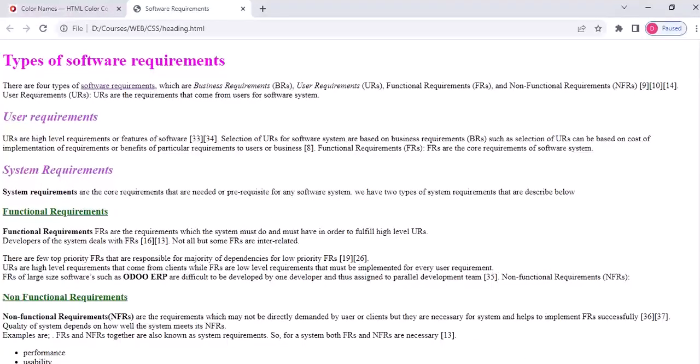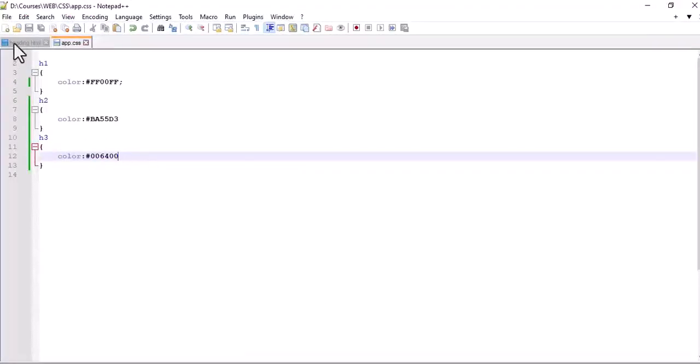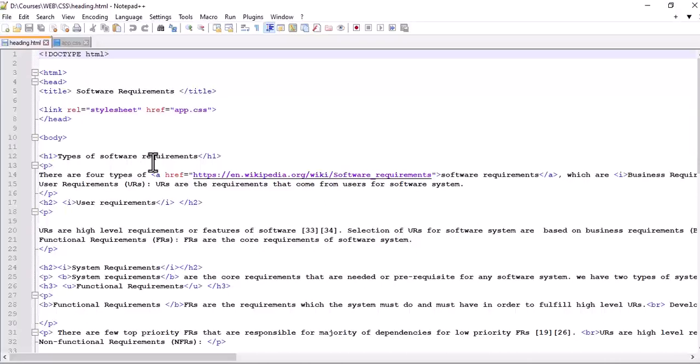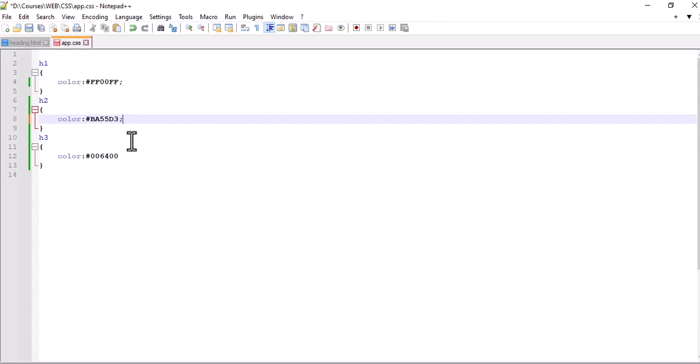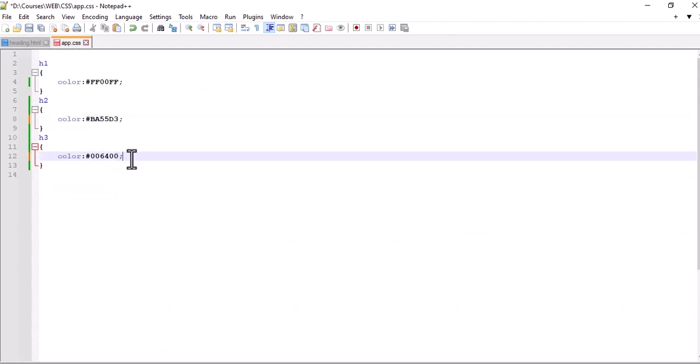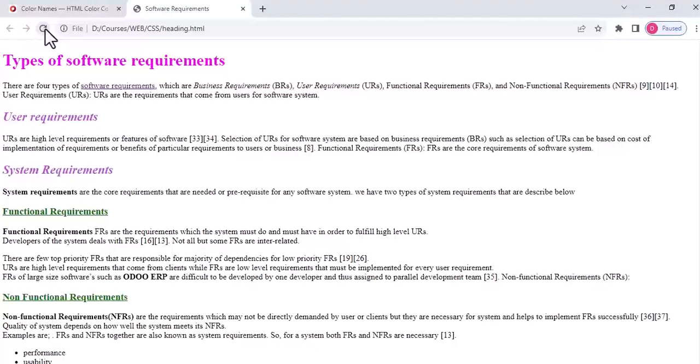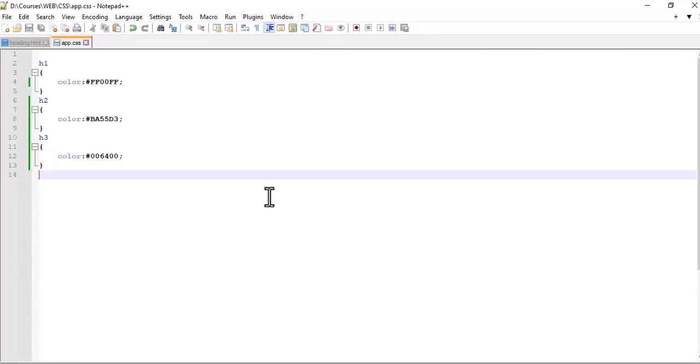Okay, h3 are not changed. So if I see, so these are h3. So why h3 are not changed? Okay, I forgot the semicolon, so it will not be correct without semicolon. So if I refresh it,